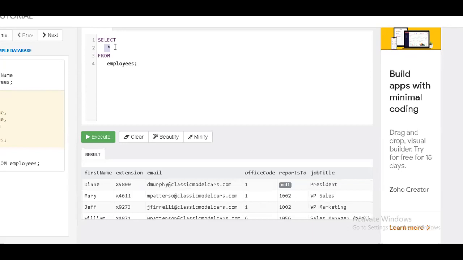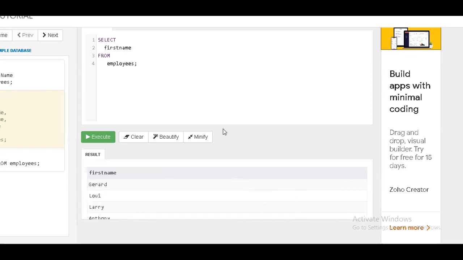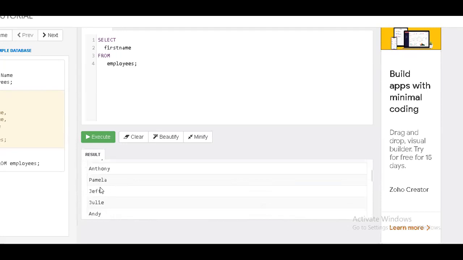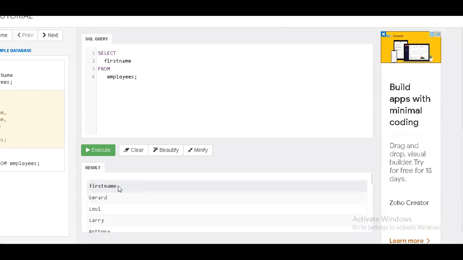Now suppose I want only the first name. Then I'll be executing. You can execute this one and get the content over here. I got only the first name. Now this name is displayed with the result as a title like this.